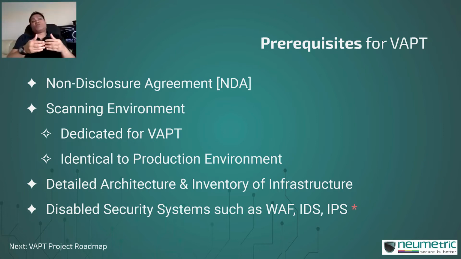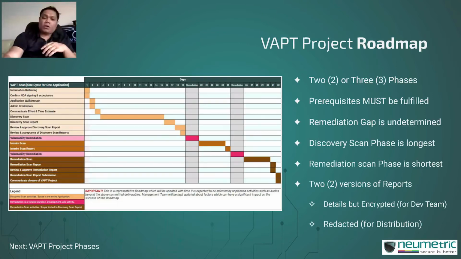This will end up doing two things. One is that you will ensure that all of the weaknesses have been identified, and it will also give you assurance that your protective systems are actually functional. It may also happen that you may have a web application firewall, but you have not yet properly configured it. If, let's say, there is a SQL injection vulnerability in your application and your web application firewall is not protecting it, you fix the SQL injection vulnerability, and yet your SQL injection attacks reach your application, then in that case, your WAF is not currently correctly configured, right? So ideally, with the security systems and without the security systems is how you should be conducting your VAPT project.